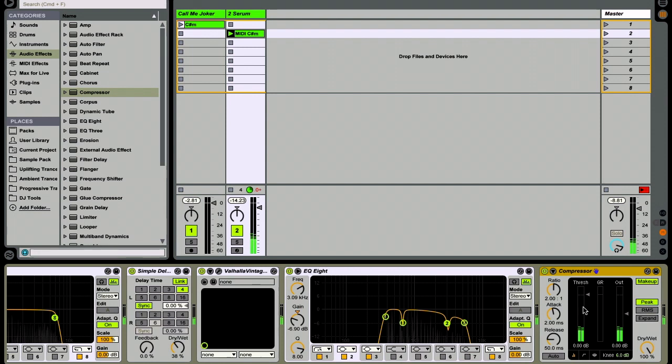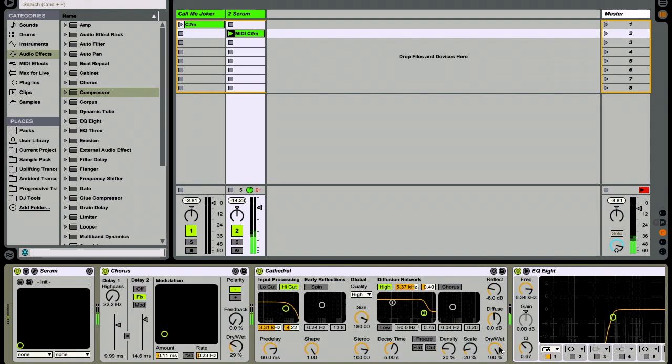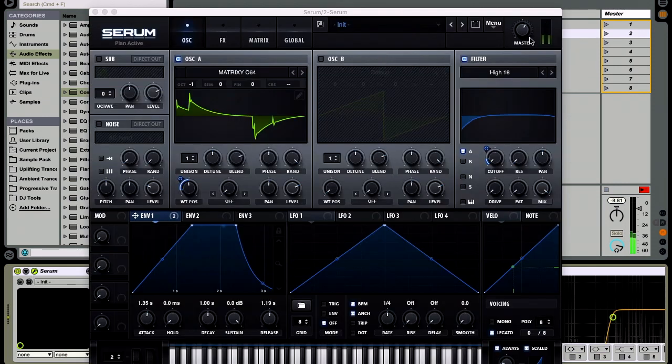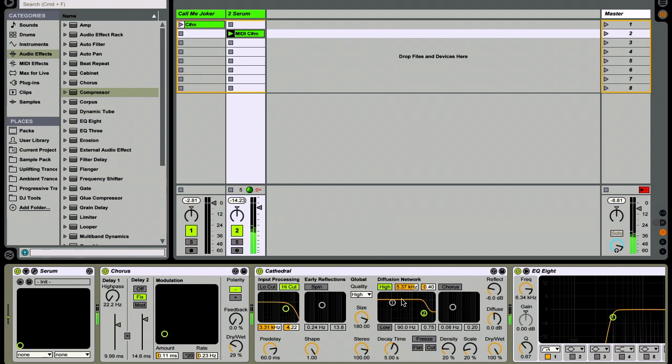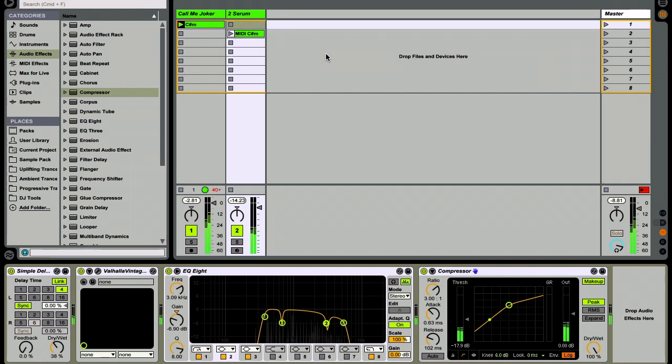And you can finally add a compressor to even out the sounds. Let's change the ratio to 3:1, bring down the threshold. Raise up the volume here as well. And I think we are almost close to what we want, and this is a cello sound that you can use for your tracks. And let's hear